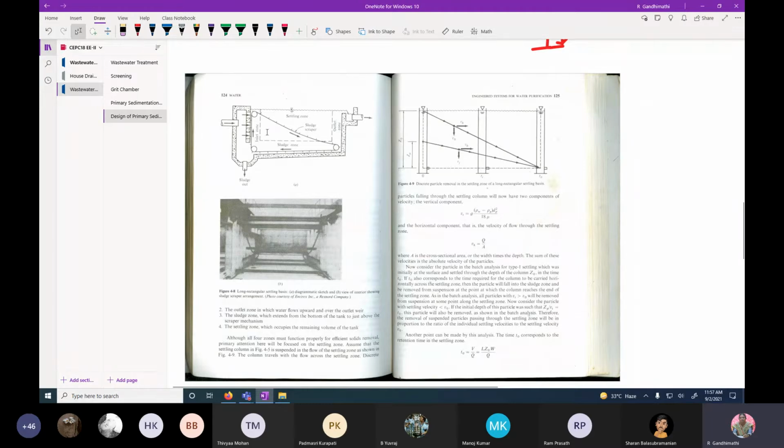The inlet zone receives the wastewater through the baffle arrangement. It is a wall with provisions for openings, in between you have openings, which distribute the water uniformly into the